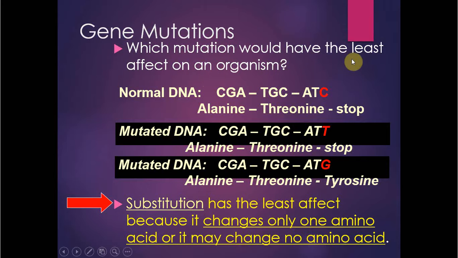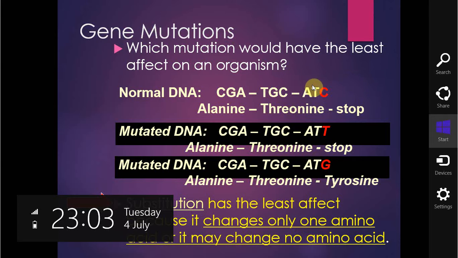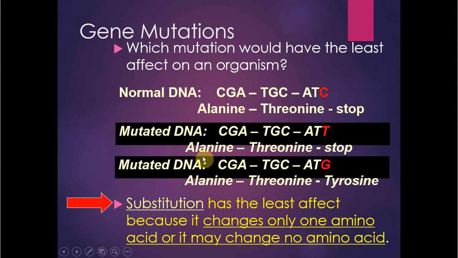Which mutation would have the least effect on an organism? Surely it is a substitution mutation. The substitution mutation has the least effect because it changes only one amino acid, or it may change no amino acid. For example, in a normal DNA sequence, CGA codes for alanine, TGC codes for threonine, and ATC codes for stop codon. If one of the bases such as C